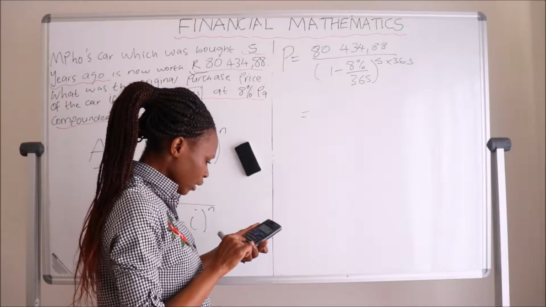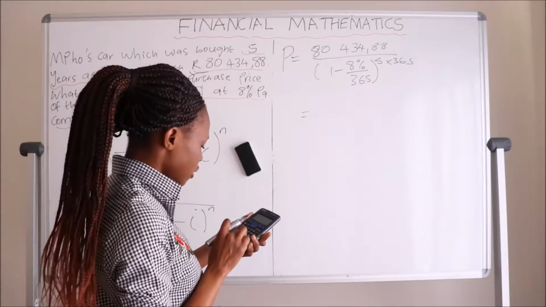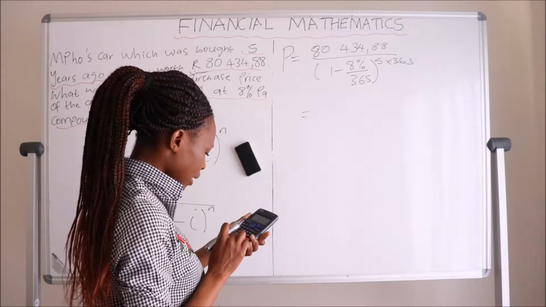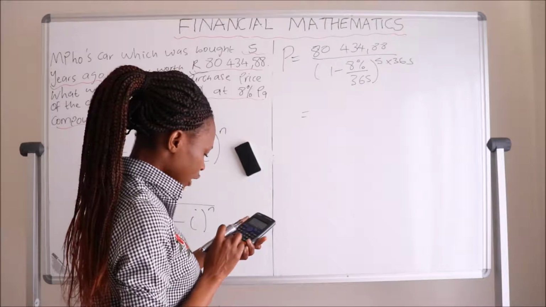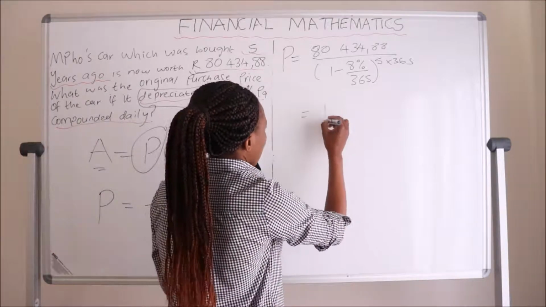Sorry guys, it will be 80,434.88 divided by (1 minus 8% divided by 365) to the exponent of 5 times 365, and this gives us